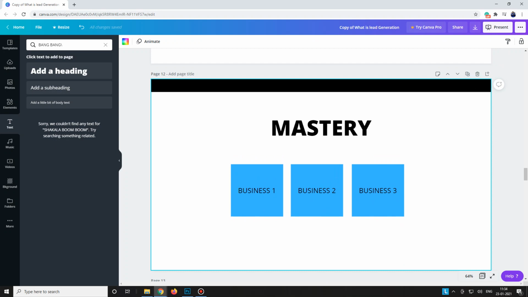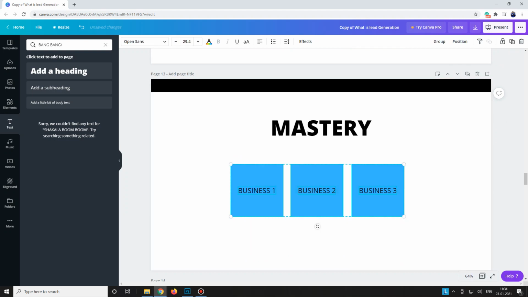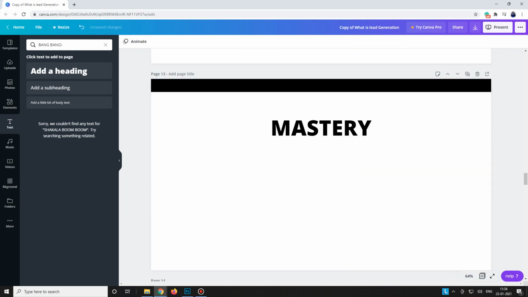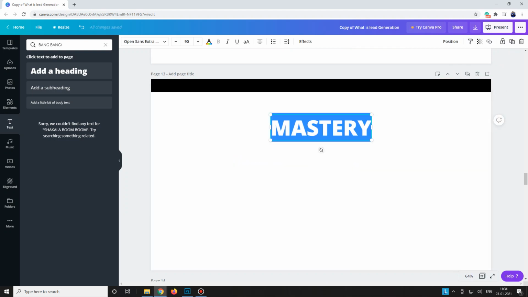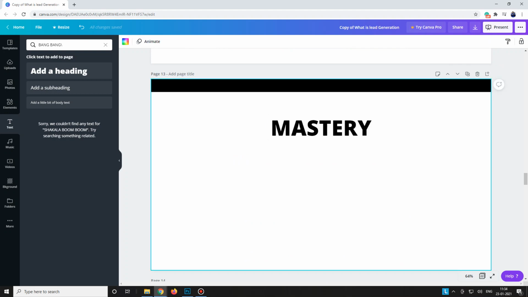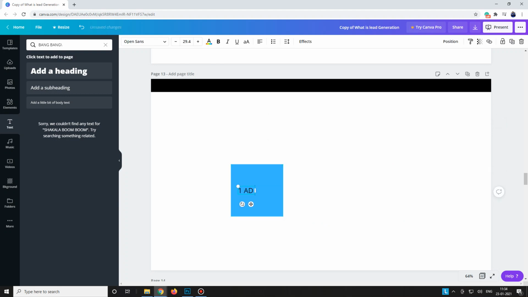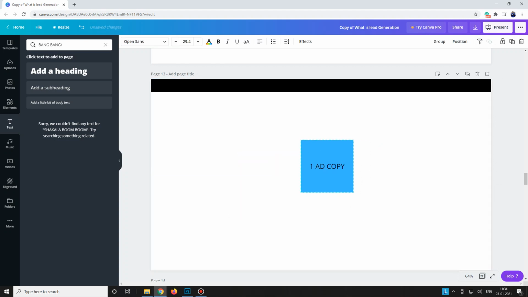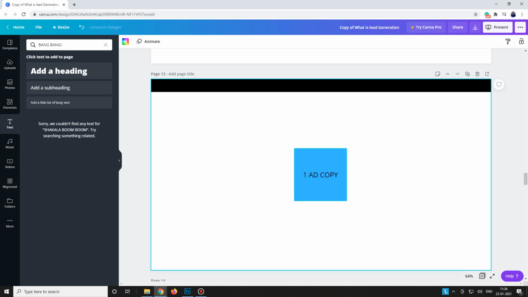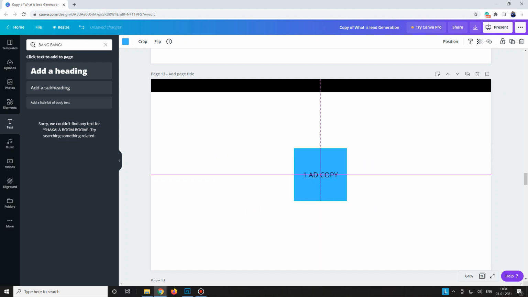easily. Okay, in what other case do we use one ad copy? When we want to test. If you have very little budget, like $5 or below, in that situation only we use one ad copy, one ad copy to test. Okay, so you will get massive results. You will know which is working and which is not working, right?